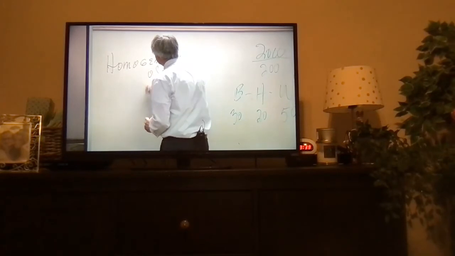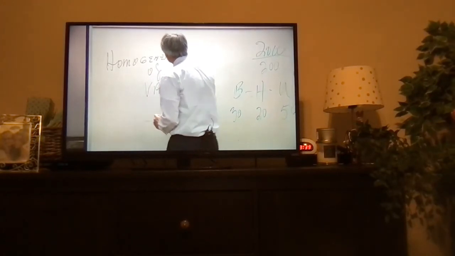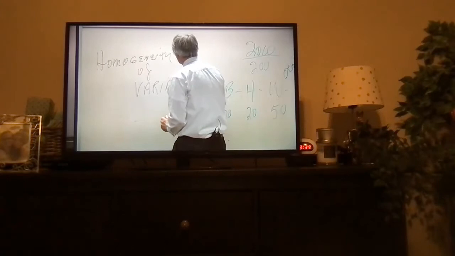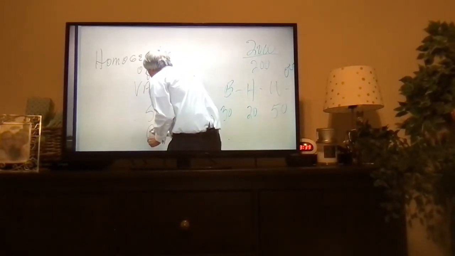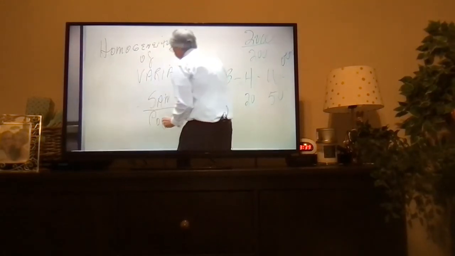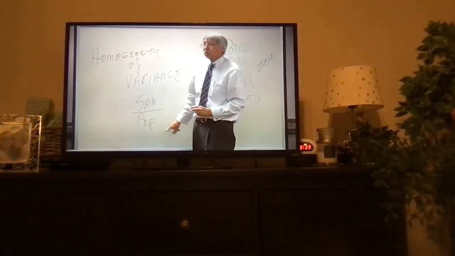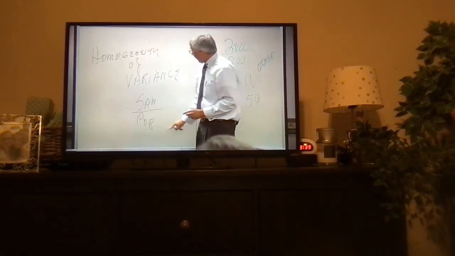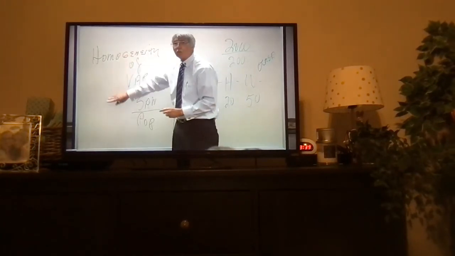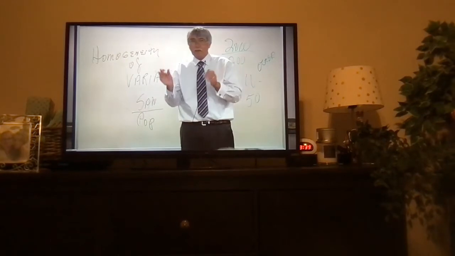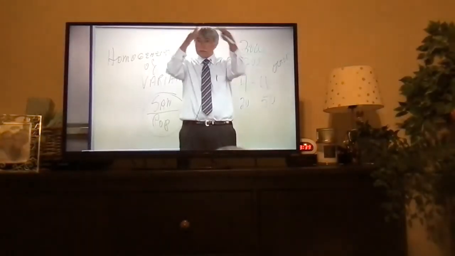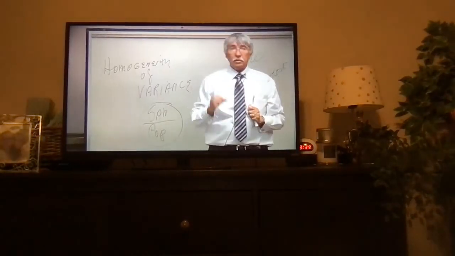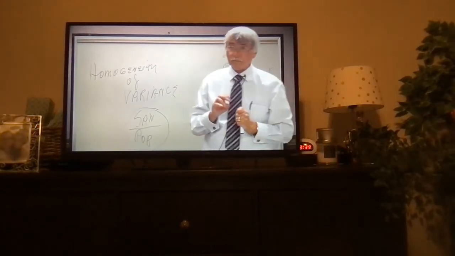Homogeneity of variance. So you are studying the sample, and you figure out the variance of the sample. There's also a population you're concerned about, and there's a strategy to figure out the population variance. You need to make sure that they are homogeneous generally. So if you have homogeneity of variance between your sample and the population, and the data is a bell-shaped curve, then you can use parametric statistics.